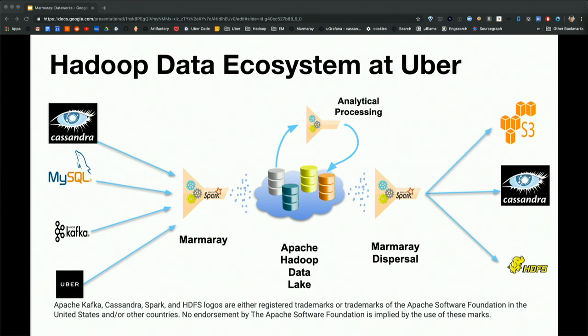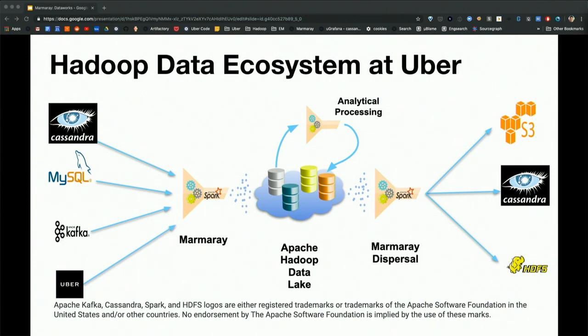Currently, we can ingest from Cassandra, MySQL, Kafka, and Uber schemaless at the bottom. We ingest that again through Marmaray. I just wanted to touch upon the fact that we heavily leverage Apache Spark, and everything is built on top of Spark that runs on top of these Piper pipelines. So that gets our data into the data lake.